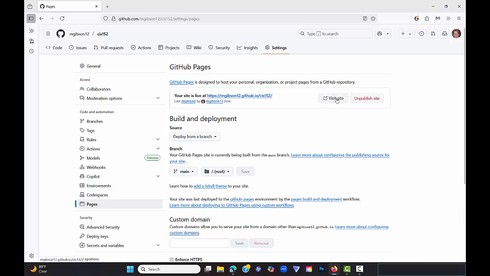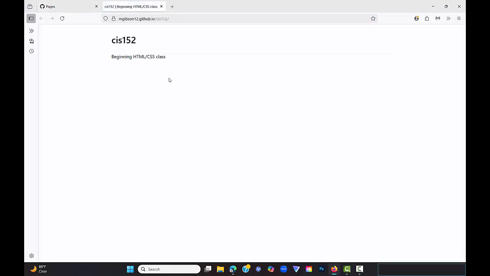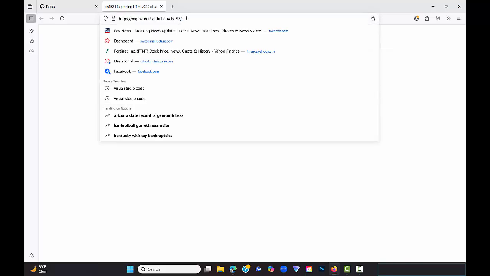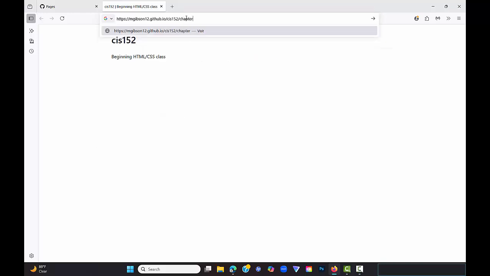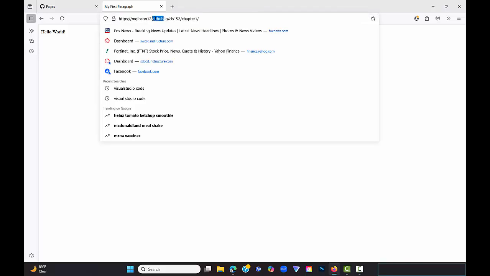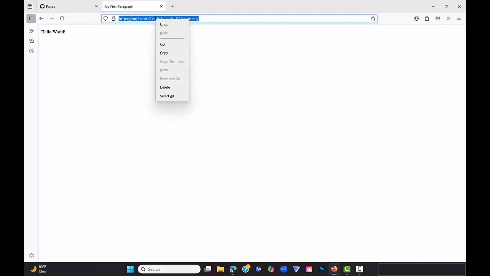So if I visit the site, it says CIS 152 beginning HTML CSS because that was the description. To find my folder though, I have to type in Chapter 1 and I'll hit enter. And here is my index.html. You will copy this. So I'll right click and you can copy and then you will add this in to the Canvas